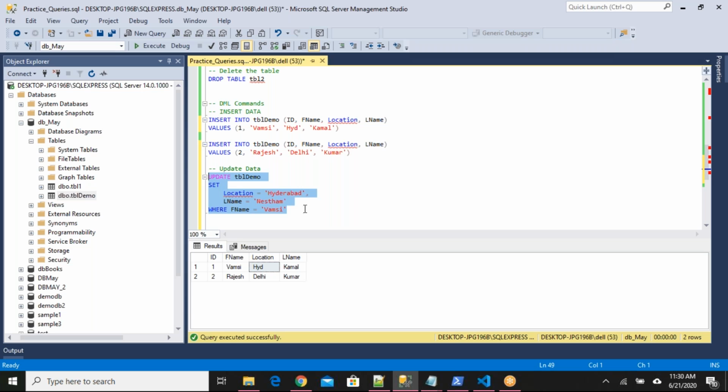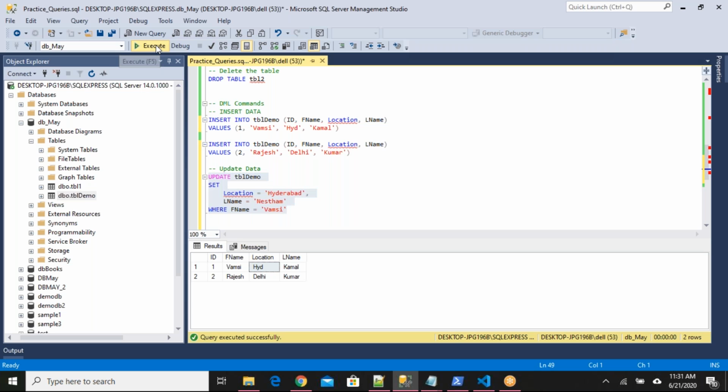Careful guys, when you are dealing with update or delete statements, this is very important. If you forget where statement, it will impact all the records in your database. You may be having some lakhs of records. If you forget a single where condition, the impact will be very big. So it will affect all the lakhs of records. Okay, so be careful. And just to avoid this kind of scenarios, we write transactions generally, but still we must be careful. Okay, when you're dealing with the live database or any important database.